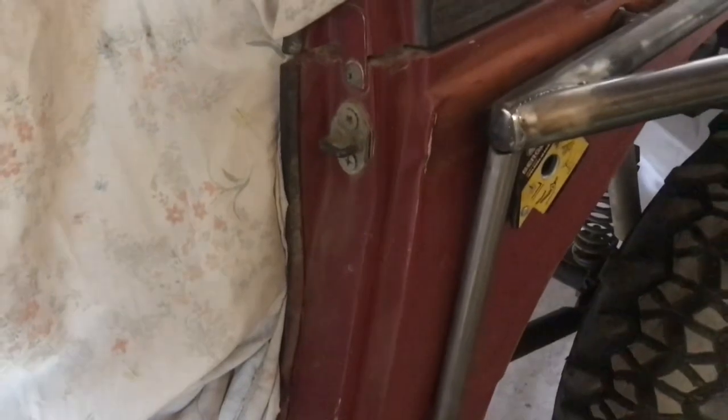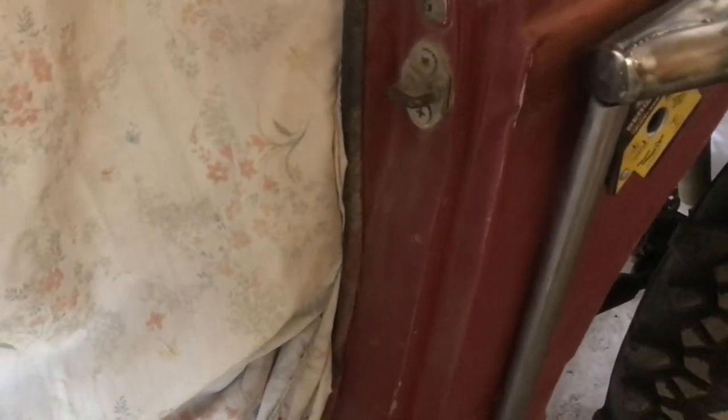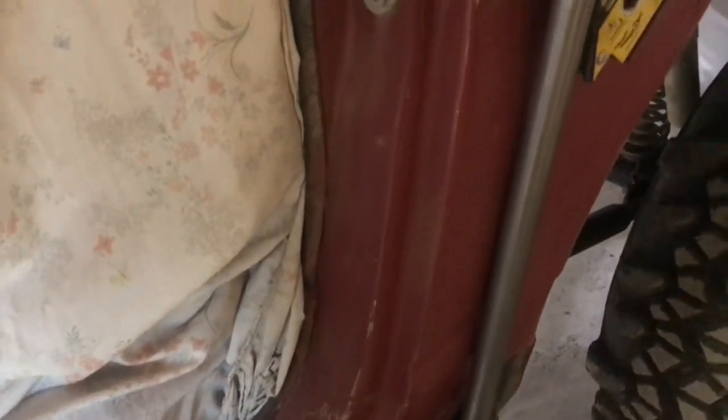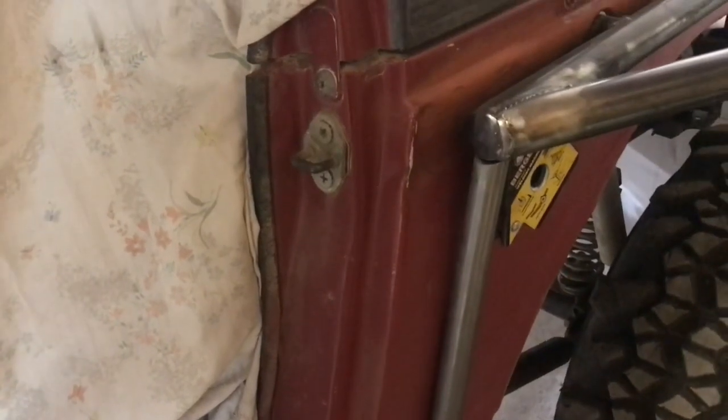I've already buffed the paint off the upper bar. And this is DOM, so it's already clean. I just hit it with some brake clean, clean it up, it burns in. And so I'll remove the paint down there. And I'll probably go ahead and get this one burnt in before I build the 1.5 inches, just so it